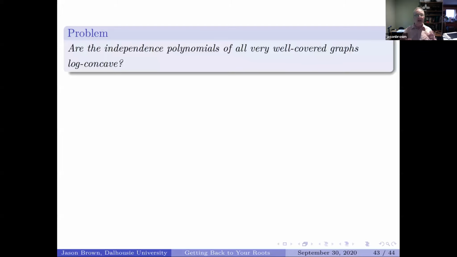If you take any graph and you star it, you will find that it is a well-covered graph. And in fact, the independence number there is n over 2, if n is the number of points in G. And that's a very well-covered graph, because a very well-covered graph is a well-covered graph where all the maximal independent sets have size half the number of vertices. It's a question whether those independence polynomials are log-concave. There is no known counterexample. And how can you make very well-covered graphs? Well, no one knows a construction that generates all of them, but the starring operation always generates very well-covered graphs, starting with any graph G.